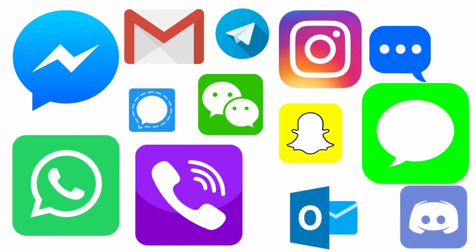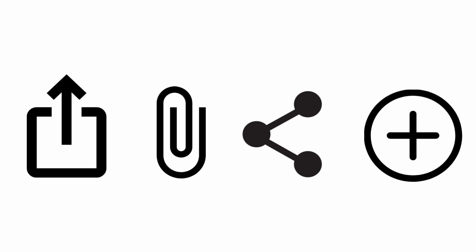The basic steps for sharing files are the same across most apps. However, each app is slightly different. One significant difference is that the Share button in each app may look slightly different. Here are some examples of the most common buttons you'll see for sharing files. A square with an arrow pointing up, seen mostly on iPhones. A paperclip. Three dots connected by two lines. And a plus symbol, which may sometimes be inside a circle.